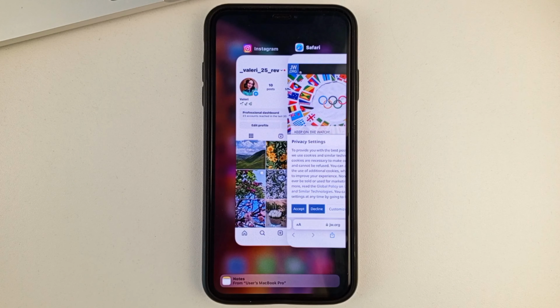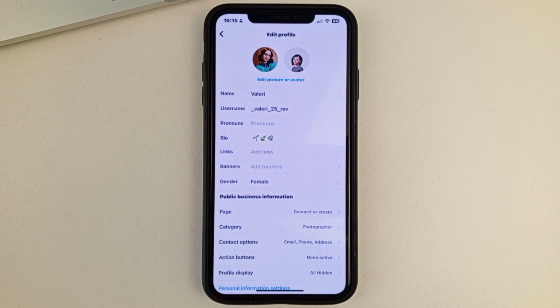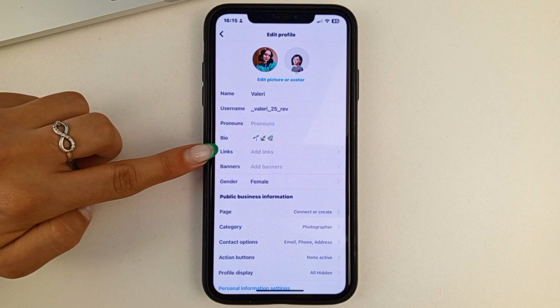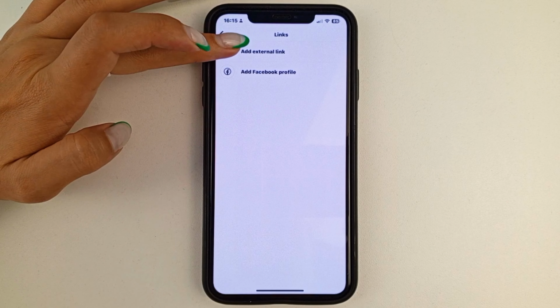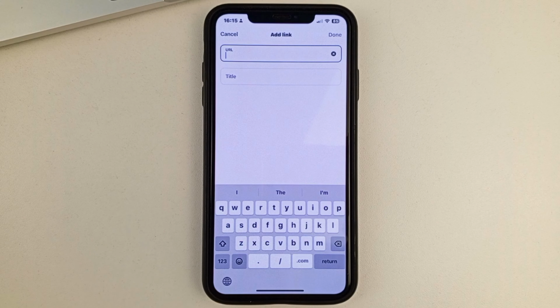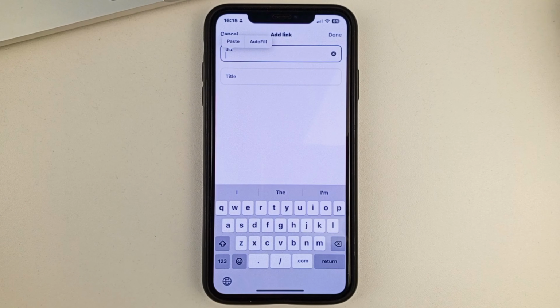Next, friends, you'll need to go back to Instagram. Go to your page, and here, click on Edit Profile. Next, find the link section here, click on it, and then select Add Link. Now friends, in order to add it here, you will need to insert it. In order to insert the link, you need to click and hold, and then select the word Insert. As you can see, this is how you add the link to the site.